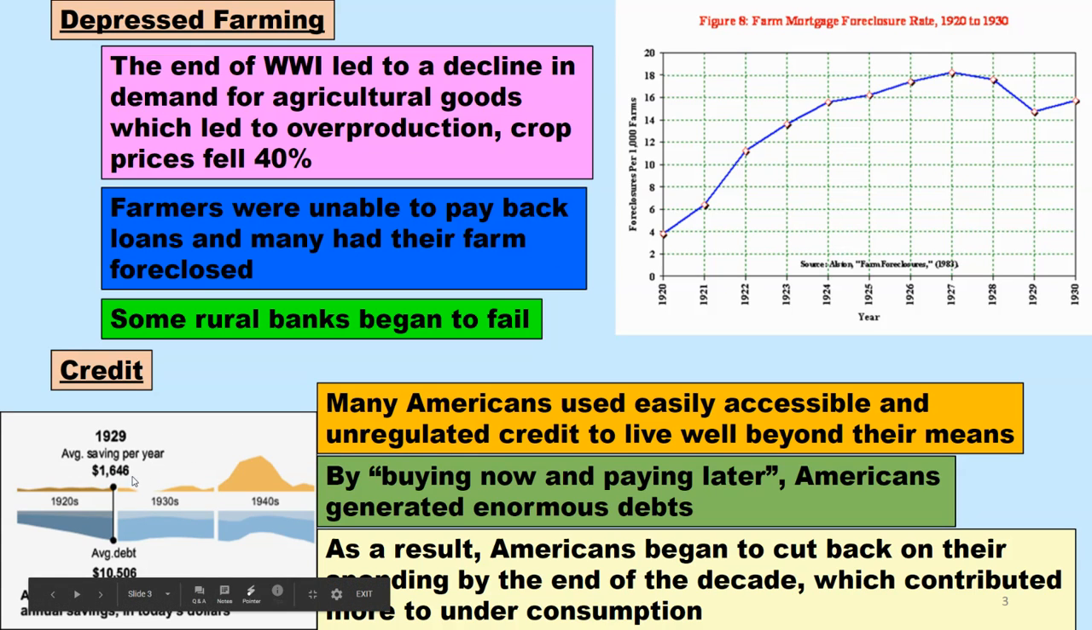Average savings was about $1,650, but the average debt was somewhere around $10,500 during 1929, which looks horrible, but it is much worse now. The average household now is over $150,000 in debt when you're looking at house and car and student loans and all that stuff put together. Okay, but anyways,